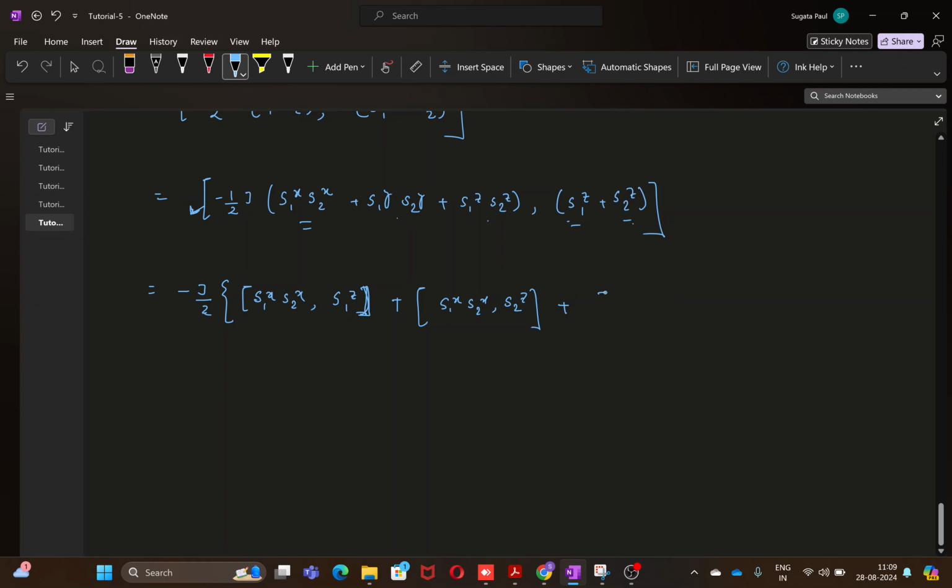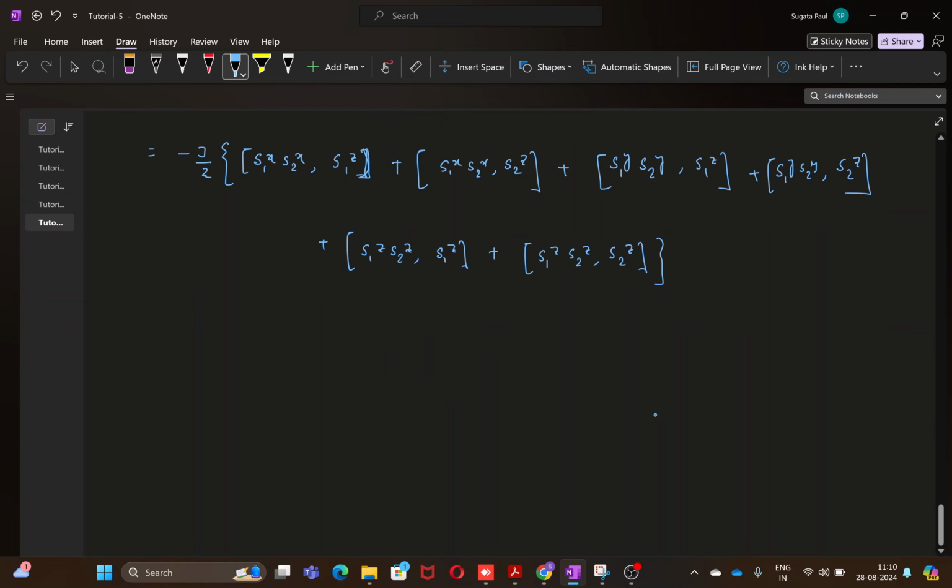So let us write those terms completely in the commutator bracket form. So it is [s1y, s2y], comma s1z, plus, taking the second term with y, that is [s1y, s2y], comma s2z. Similarly, for the third term here, for each of the terms, we will again get another two commutator brackets, which is like [s1z, s2z], comma s1z, plus [s1z, s2z], comma s2z, right? Now,